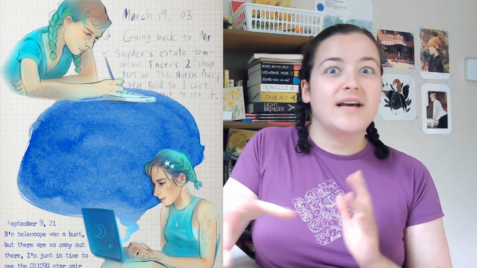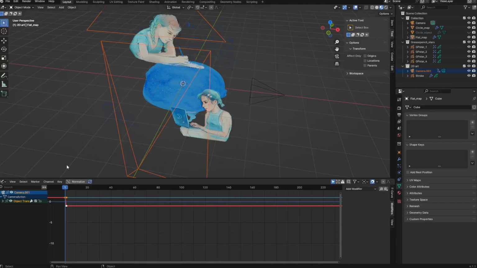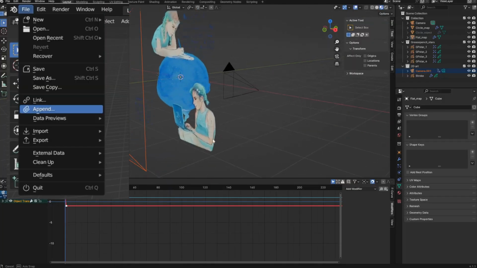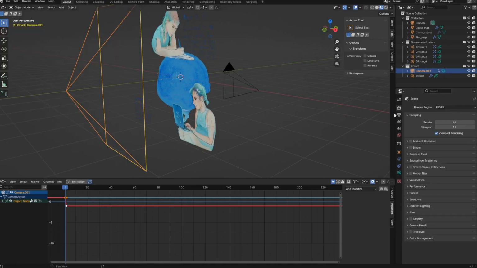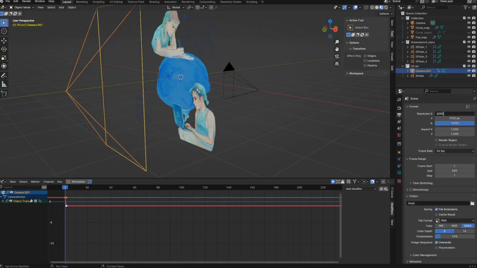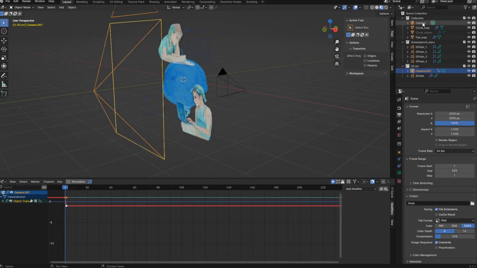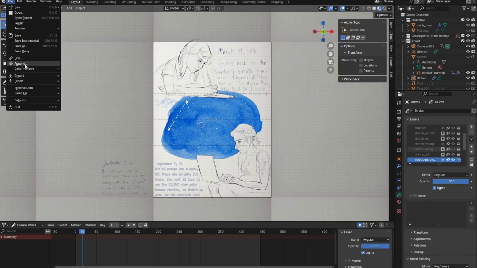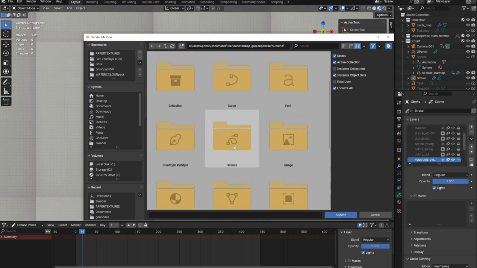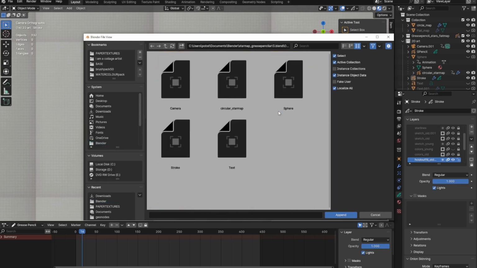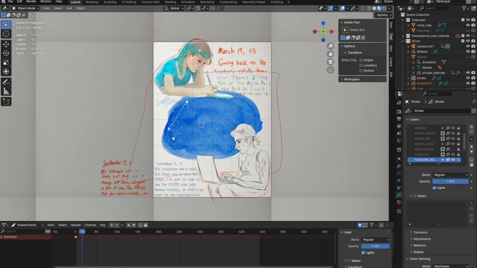So my art, like the 2D painting part, was made in a separate file, and my plan is to append my grease pencil object into my scene with the geometry nodes. Honestly, maybe my camera too. I think I like my camera setup where it is, so I'll probably keep that as well. And then when I have an updated version of the art later on, I can append that and just have it take the place of my first grease pencil object.